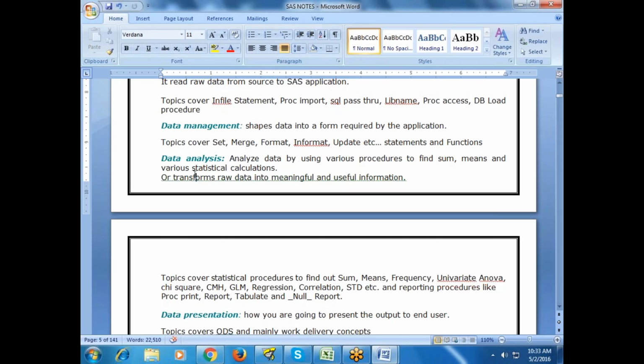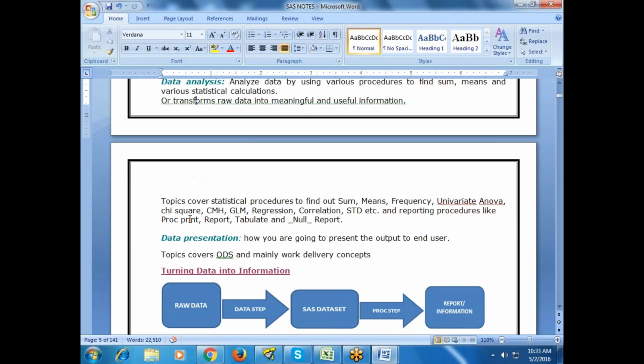Okay, right. So in statistics, we are going to cover topics such as sum, which is nothing but total; mean, which is nothing but average; frequency, which is nothing but count, how many are there. Univariate is also a concept which gives you descriptive statistics such as minimum, maximum, average, standard deviation, likewise. ANOVA is one statistical concept. I think most of you have heard of ANOVA, analysis of variance, correct? Fine. Uttanda, what is ANOVA?